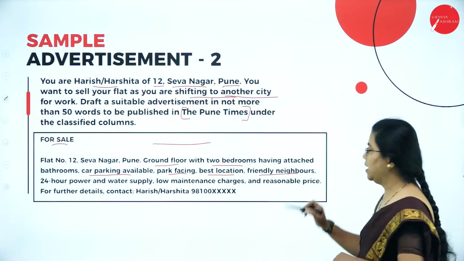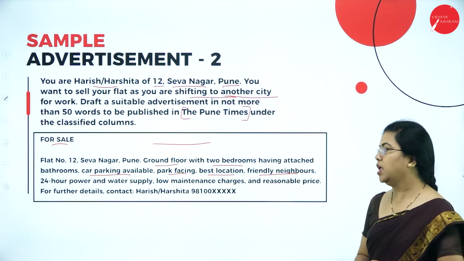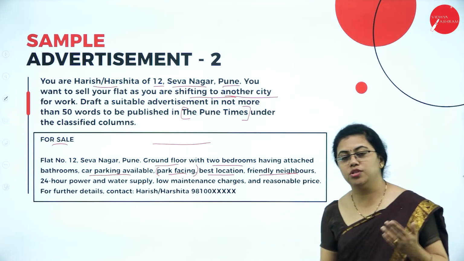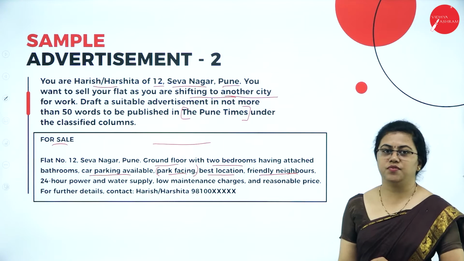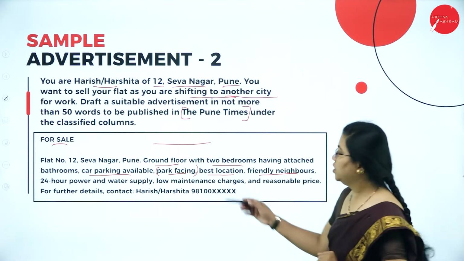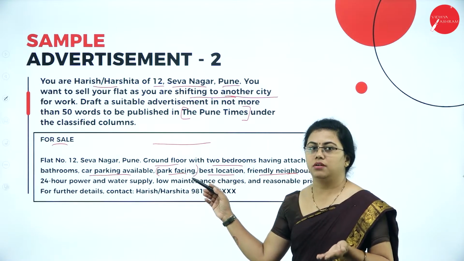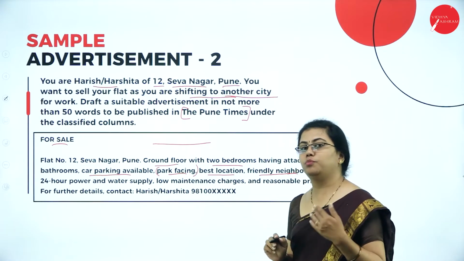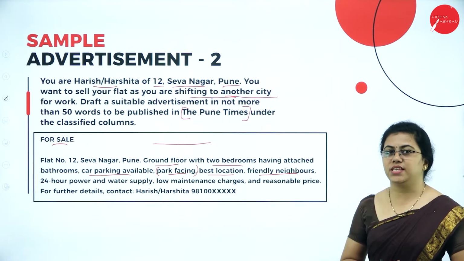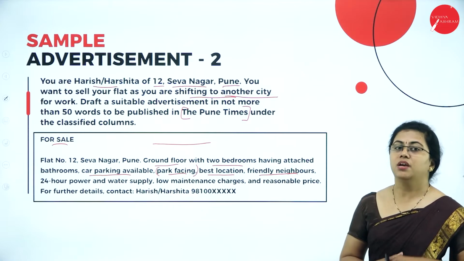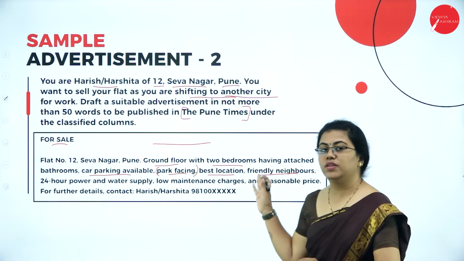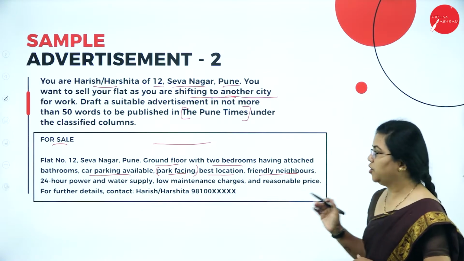And friendly neighbors. That is another thing that person will look for. Here, when you're talking about park facing, you can also specify the direction that it is facing. You can say east facing, north facing, that also. Okay, so park is there opposite to the flat, but if somebody wants to buy east facing only, north facing only, they'll be very specific. Usually south facing, nobody buys. Okay, very few are there who look for south facing. So that's why you need to specify which facing it is also.